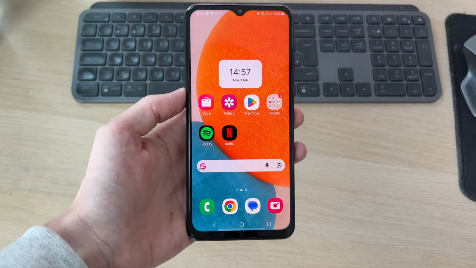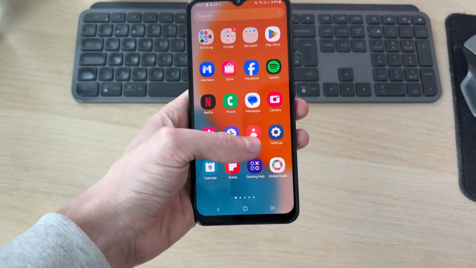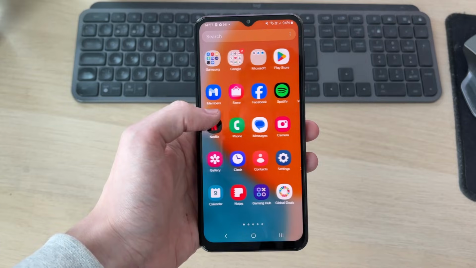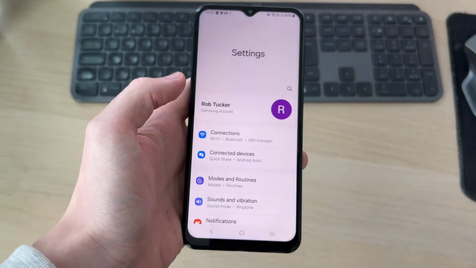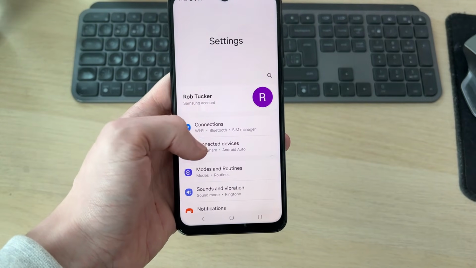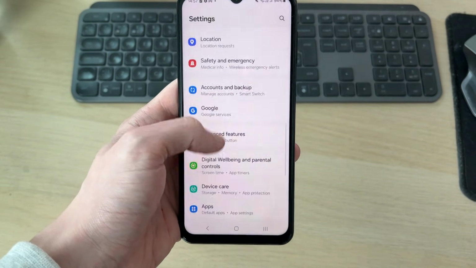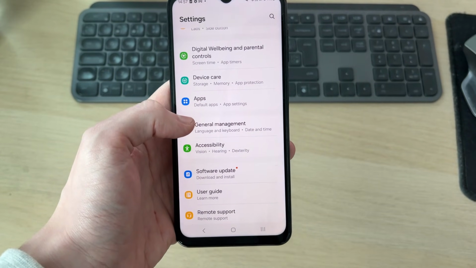So what you need to do is swipe up like so, and we need to locate these settings. As you can see, you can swipe across and find them and search the top if needed. You should find them on the first page though by default, so you can then open up settings. Next, you need to scroll down, and we're looking for the option for general management. As you can see, there it is, and you want to then tap on it, wait for it